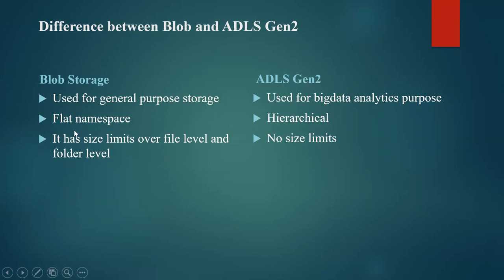While creating ADLS Gen2, we can also create subfolders. That option is available in ADLS Gen2, but not in Blob storage, so we cannot create subfolders inside the main folder. Also, Blob storage has some size limits at file level and folder level, but ADLS Gen2 doesn't have any